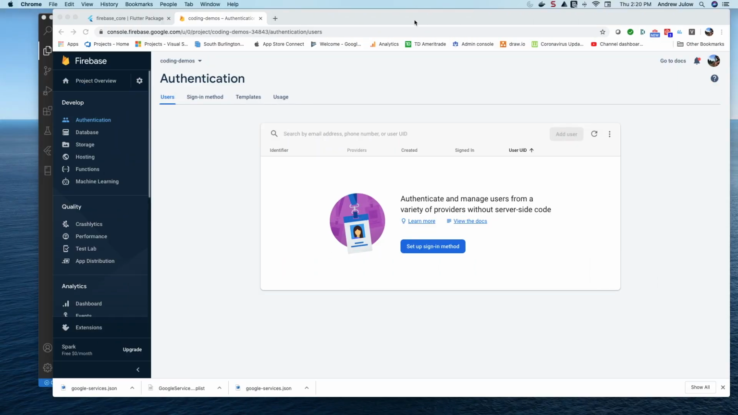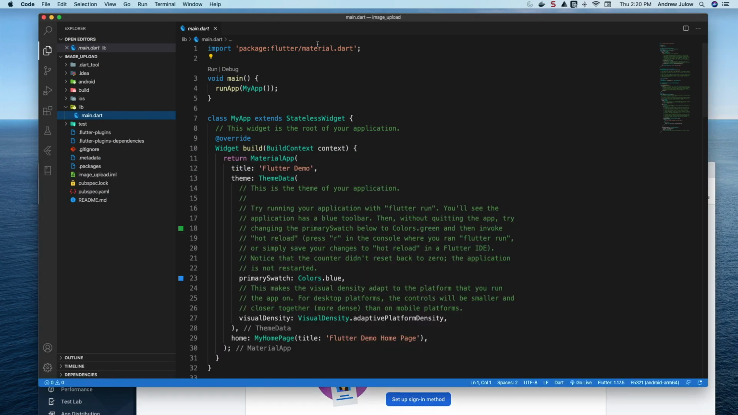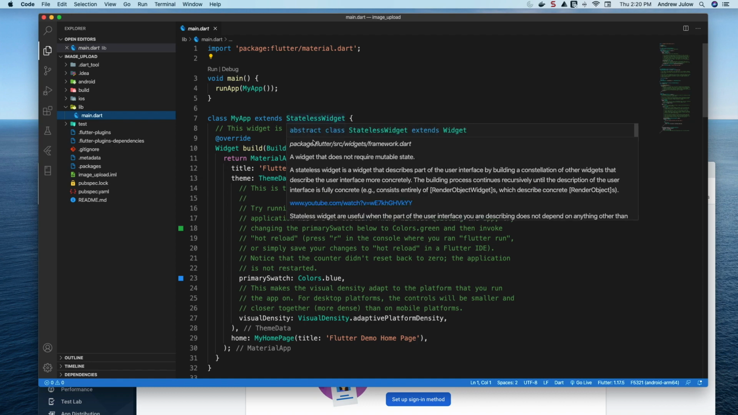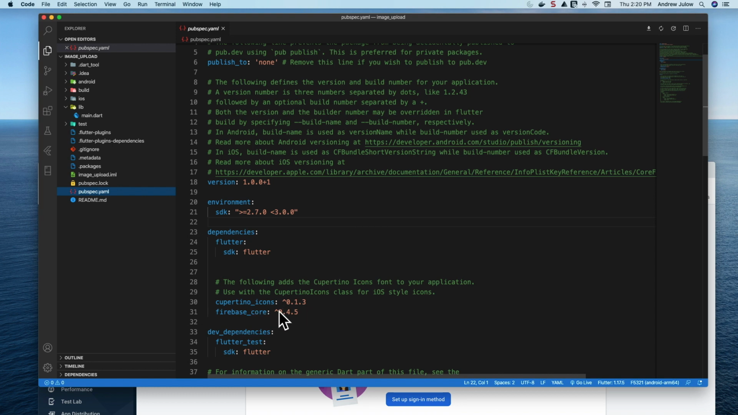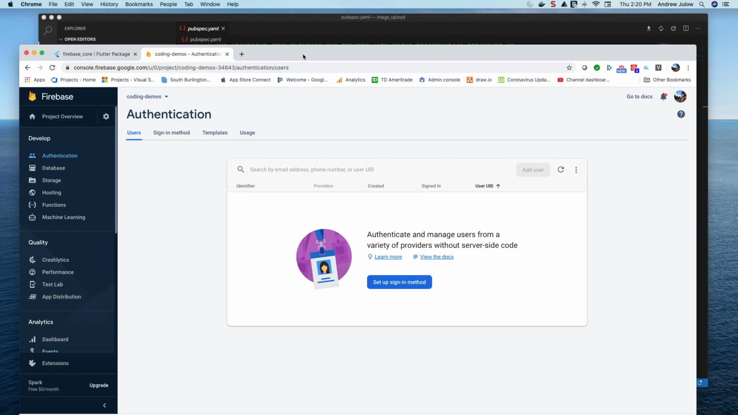Alright folks, so I have got my Firebase project here, and I have created a project that I've called Image Upload. I've done the steps necessary to connect the two, including my Firebase core package here in pubspec.yaml. So the very first thing I want to do is make sure that I have storage enabled